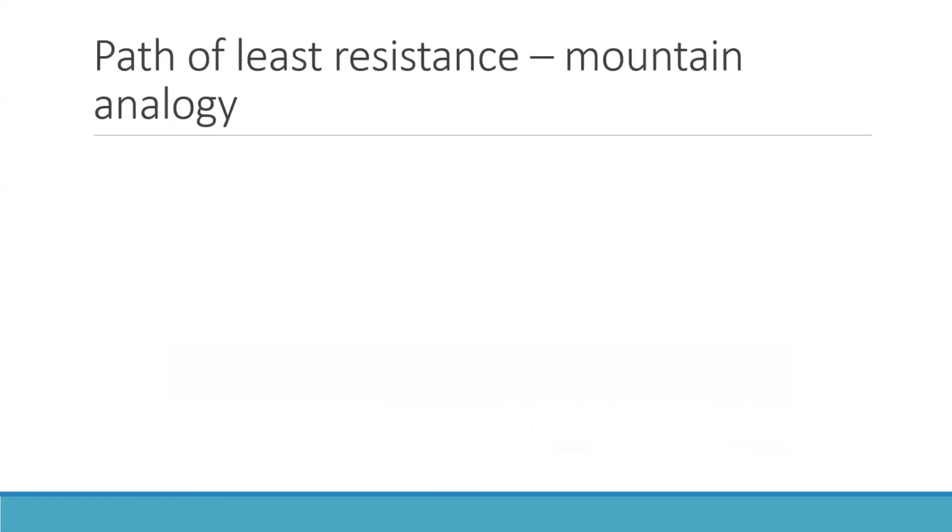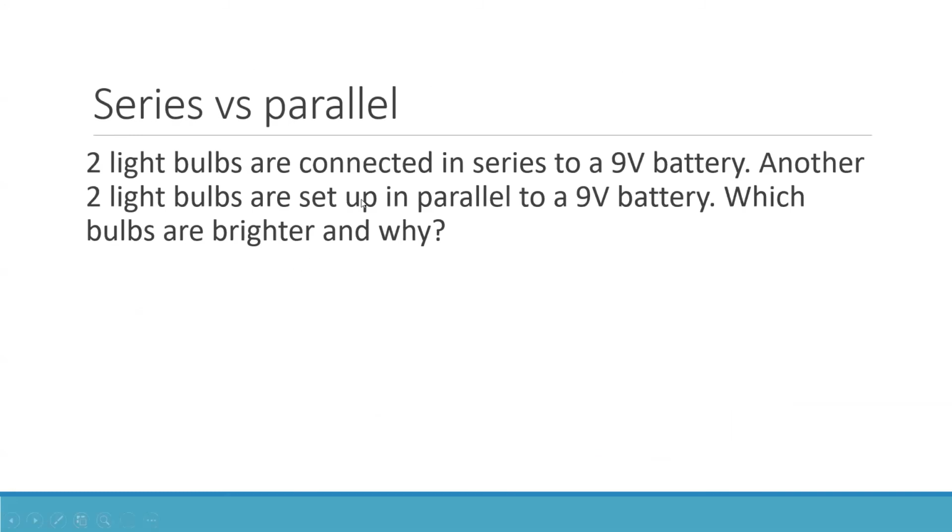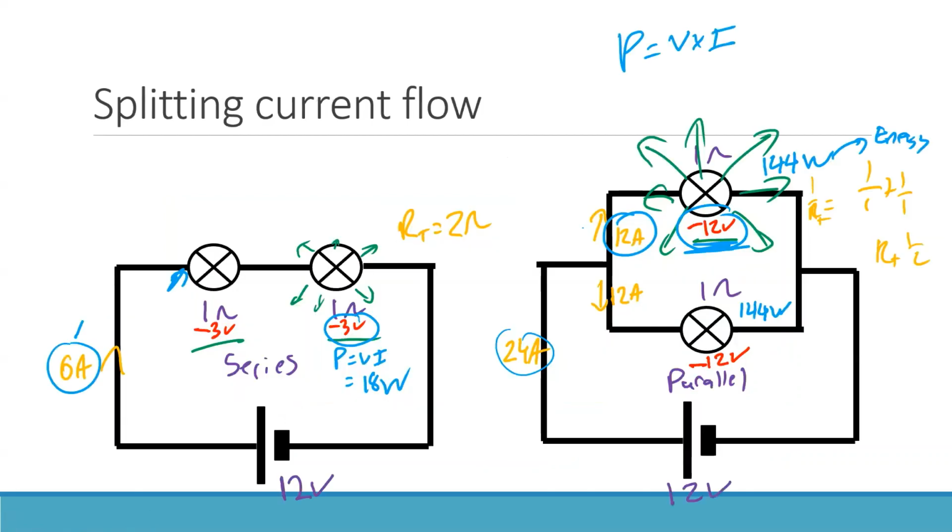You know what? I'm going to make this today's homework question. I'm going to put this on the Google Classroom right now. All I want you guys to do is to answer this. And this type of question would be worth 3 marks, because I don't want you just to say which bulbs are brighter and why, but in that why section, I want you to talk about why the circuits are set up the way they are. How are they different? Remember that one of them shares the voltage, whereas one of them splits the current. Now, Kirchhoff's second